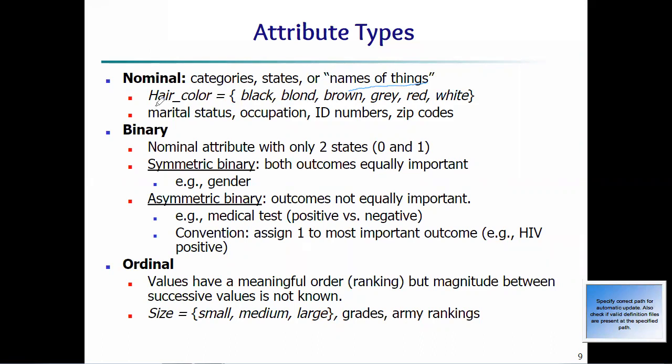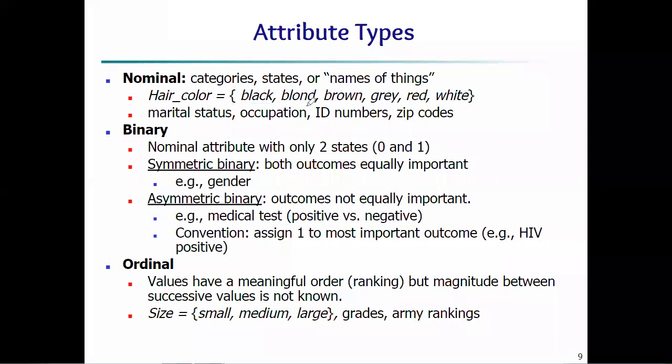The name of things, if we're talking about hair color, can be black, brown, gray, red, white. Now blue is also coming, isn't it? I have seen shades of blue color in hair too. So likewise, these are the categorical attributes, where we have to give the category of the given data. The next examples are marital status, whether married or unmarried, your occupation, designation, then zip codes, and so on. So these are nominal data.